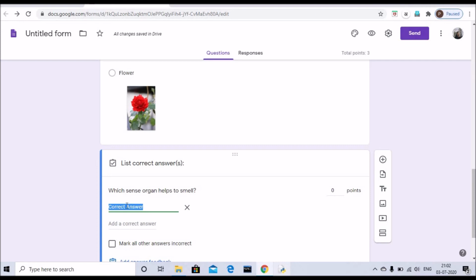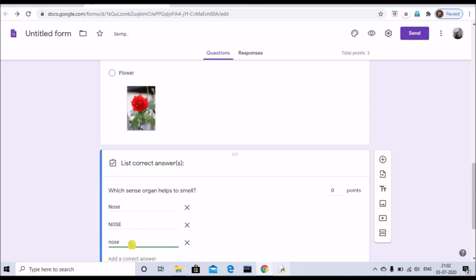It's also case sensitive, which means if the child enters small letters or capital letters, that will also matter. Maybe the child has written the correct answer in small letters and you have written it in capitals, even then it won't match. So just enter as many as possible, like I am saying nose, then capital Nose, then all in small.